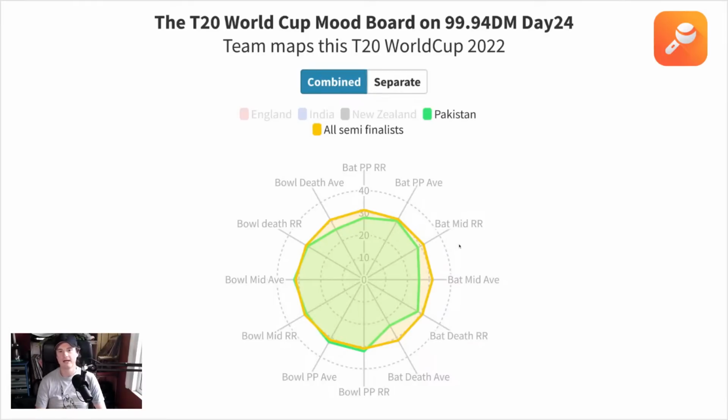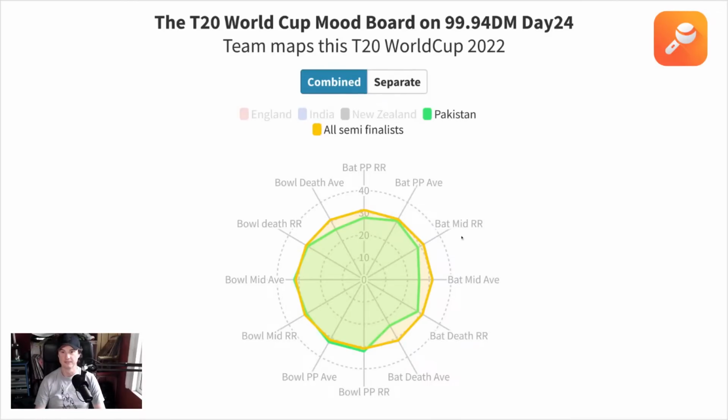If you start with the batting run rate, we can see that they are a little bit lower than what we would expect them to. That's what we would expect, right? We know that they play safe in the power play and that Pakistan knock the ball around. The interesting thing is that this is just the numbers for this year. In previous years, there was a big spike for Pakistan in the batting power play average rating. They're not getting that this year, partly because in recent times Babar and Rizwan have stopped making runs, and there's been a bit of a dip there.